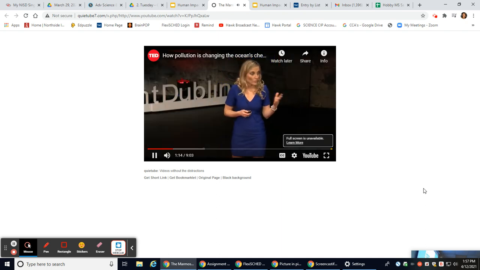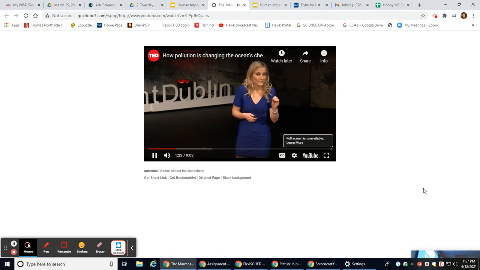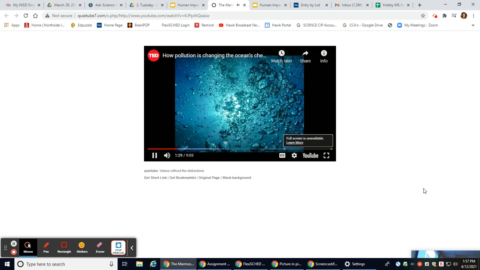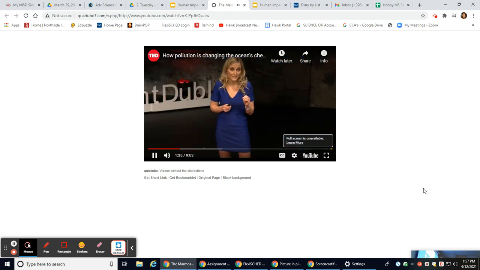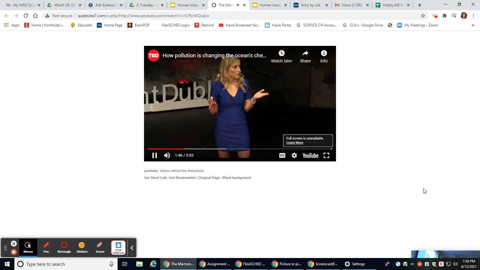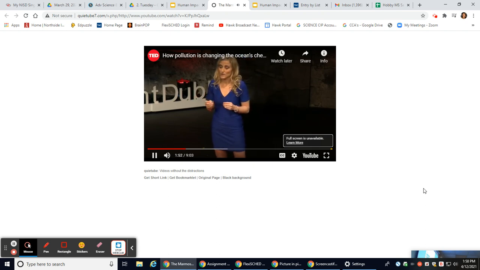But as we keep pumping more and more carbon dioxide into the atmosphere, more is dissolving into the oceans. And this is what's changing our ocean chemistry. When carbon dioxide dissolves in seawater, it undergoes a number of chemical reactions. Now, lucky for you, I don't have time to get into the details of the chemistry today, but I'll tell you, as more carbon dioxide enters the ocean, the seawater pH goes down. And this basically means that there is an increase in ocean acidity. And this whole process is called ocean acidification, and it's happening alongside climate change.